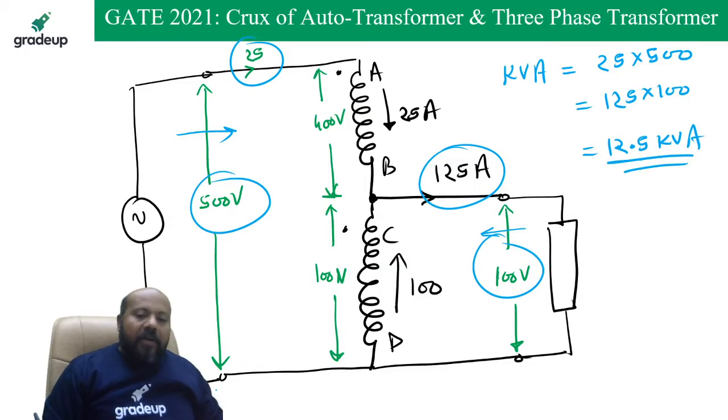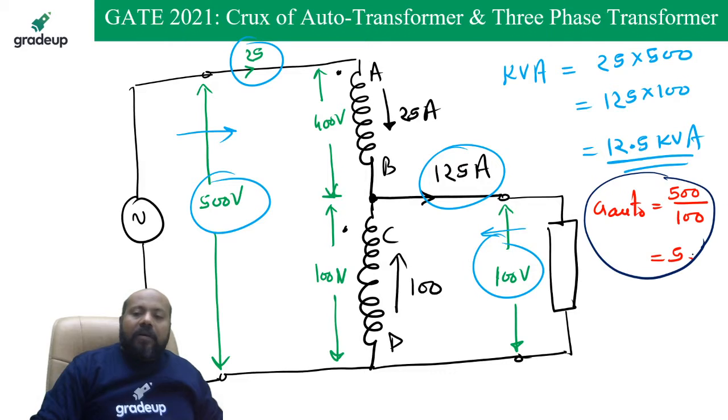Now some of you may be thinking that this is the right answer, but my friend, you should always check the turns ratio. What is the turns ratio? Do you remember? High voltage side voltage to the low voltage side voltage. High voltage side voltage is 500, low voltage side voltage is 100. This is going to be 5. Are you going to accept this voltage ratio for the auto transformer? Do you feel that this connection is going to be a good connection?